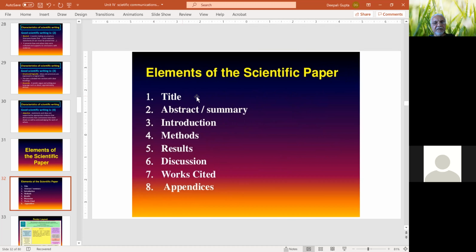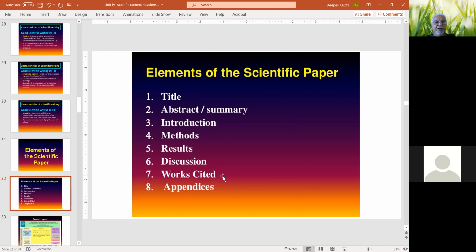It has a title, it has an abstract and summary towards the end, and then introduction, methods, results, discussion, and then the work cited, what we say references,